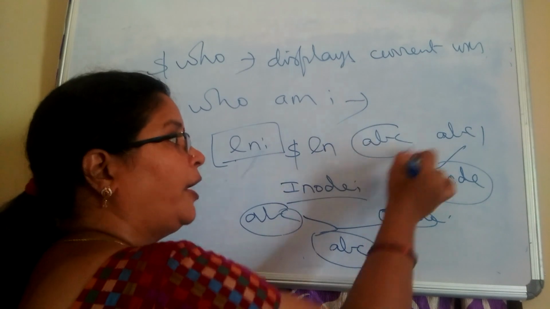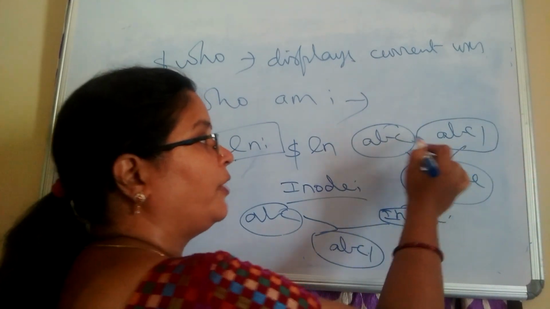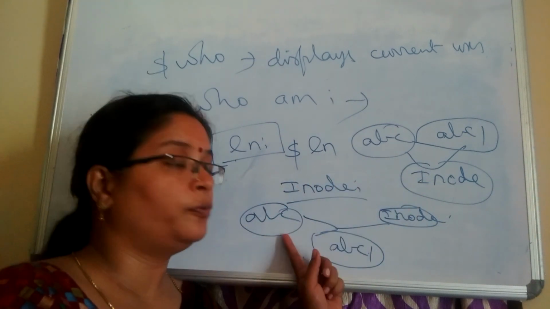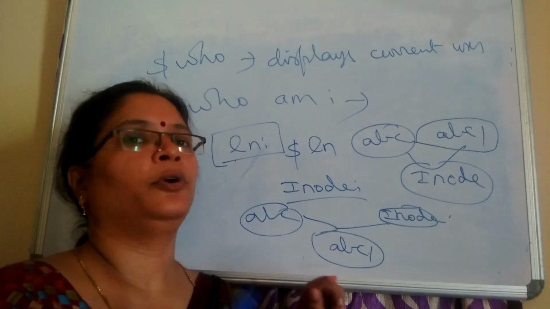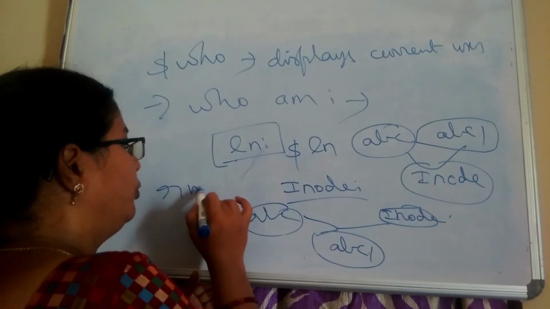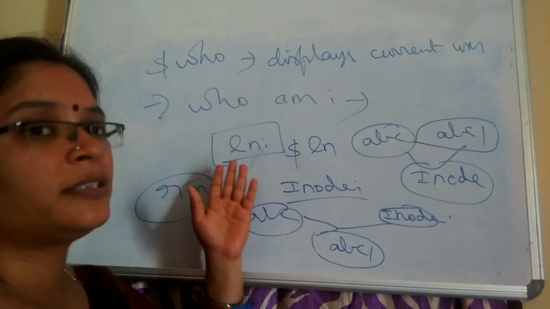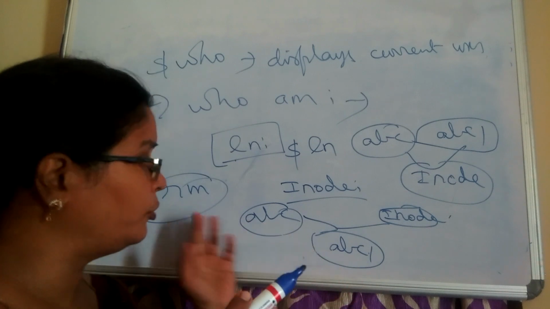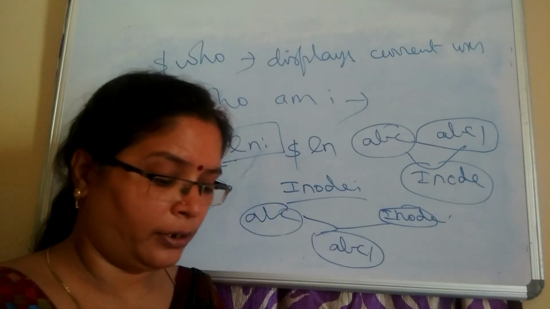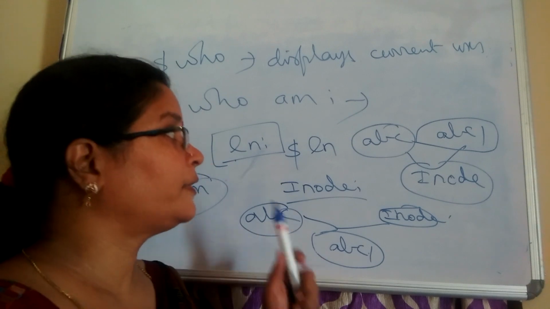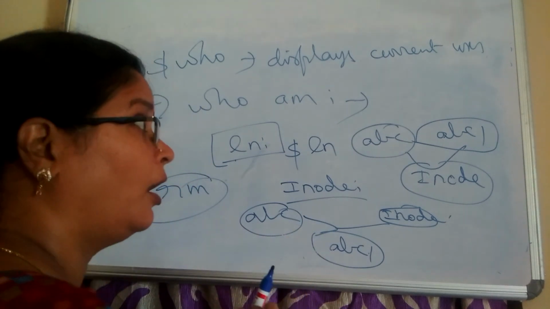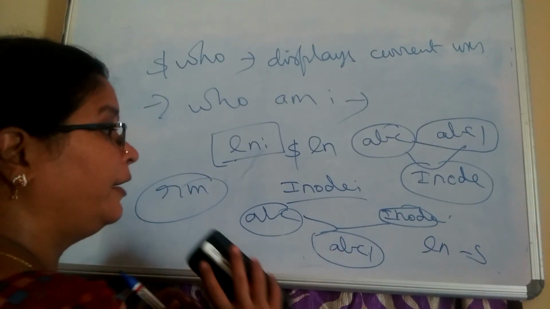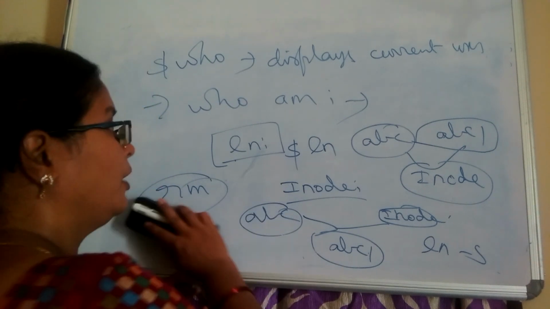Both share the same inode number. So if you remove this particular file, obviously the ABC1 file will be removed. That means the hard link will be removed. The removal of either of these two files will remove the hard link. A hard link can be removed with the help of rm only. rm, which we already discussed previously, is used to remove a file. So whenever you want to remove a hard link or a file, you use the rm command only. This you need to remember: hard links can be created with the help of the ln command, soft links can be created with the help of ln -s, and hard links can be removed with the help of the rm command.